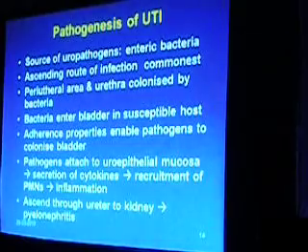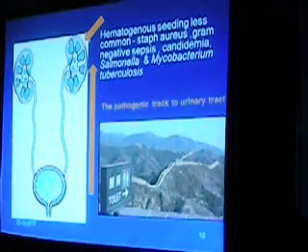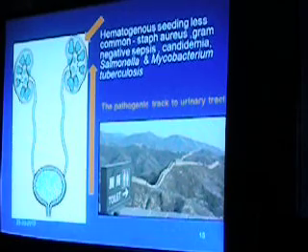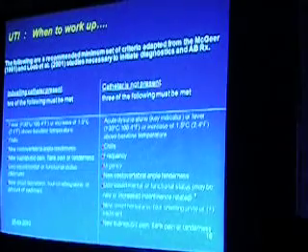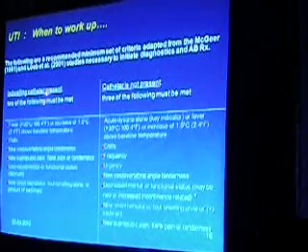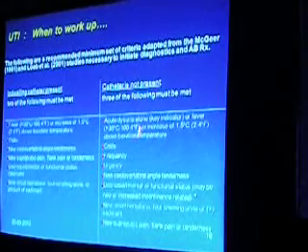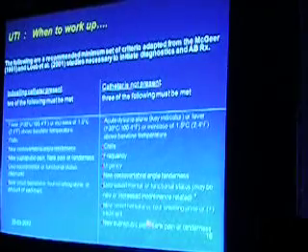Next slide. Pathogenesis I am not going to concentrate on, but in general it is an ascending infection. Rarely, it can be due to hematogenous spread, particularly with gram-negative sepsis, candidemic individuals, and Mycobacterium tuberculosis. Next slide. When to work up, there is a rough guideline given below. In the presence of an indwelling catheter, either one of these two is enough. If somebody has fever and chills in the presence of an indwelling catheter, you need to work up for urinary tract infection. Whereas if there is no catheter, look for fever, chills, frequency, urgency, costovertebral angle tenderness, altered mental status, new onset hematuria, foul smelling urine, or suprapubic pain.